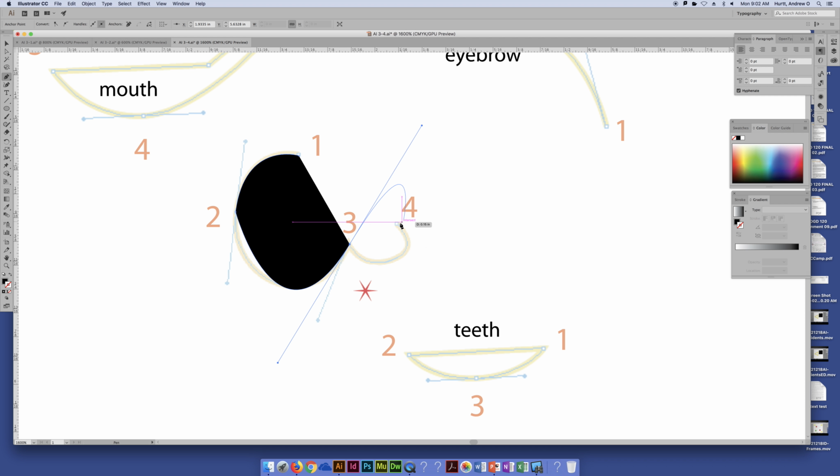The reason that we do that is, you'll see, if we try to go from point 3 to 4 without dragging that handle down, the curve is going to be on top, right? Because this curve handle is at the top. So when we hold Option and drag that handle, obviously for the nose, or wherever, as long as you're dragging it underneath this path, it's going to allow you to drop that curve below